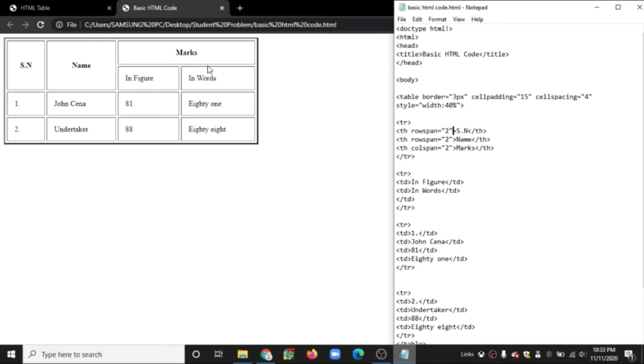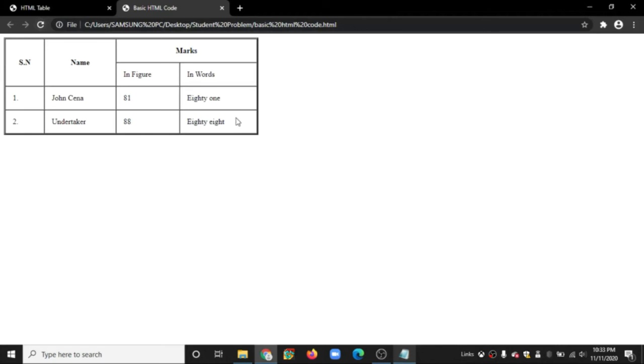This means we have written the code successfully, and between this we have to give the data. That means colspan. I will show you, notice here, this is one box, and this one box is again divided into two boxes. That means 2 columns. This may confuse you, so I will place cell spacing equal to 0. Control save. So here is the box without any cell spacing.